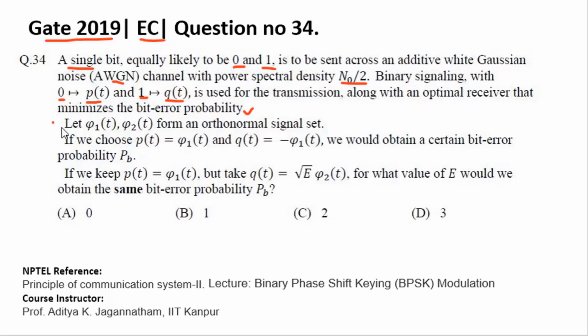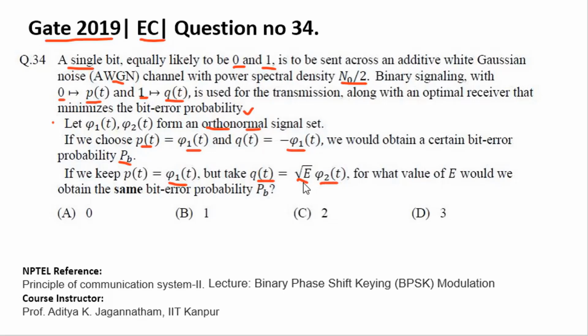So in the first condition, if we choose P of t as phi 1 of t and Q of t as minus phi 1 of t, where phi 1 of t and phi 2 of t form an orthonormal signal set, which will give you probability of error as P of b. So if you keep P of t as phi 1 of t and Q of t changes from minus phi 1 of t to square root of E phi 2 of t,